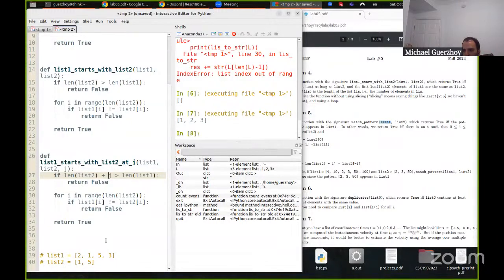The other modification here is that instead of trying to match list 1 at i and list 2 at i,